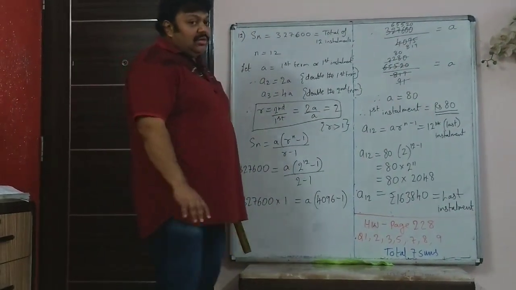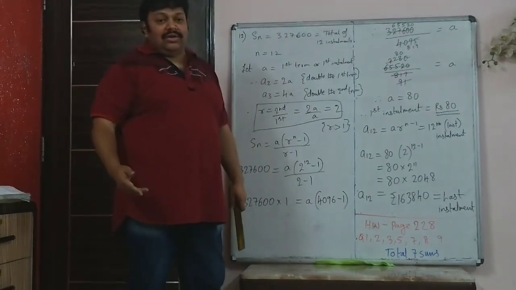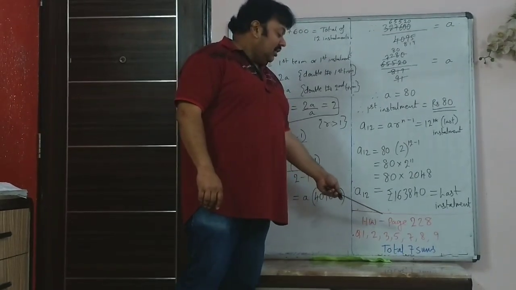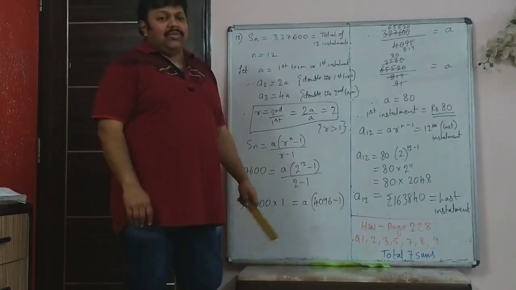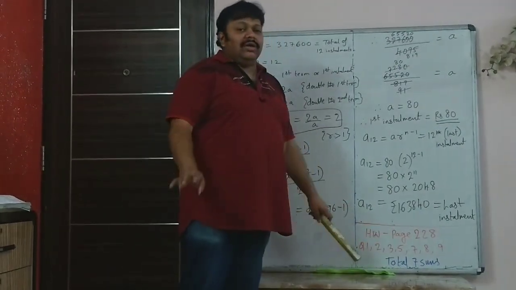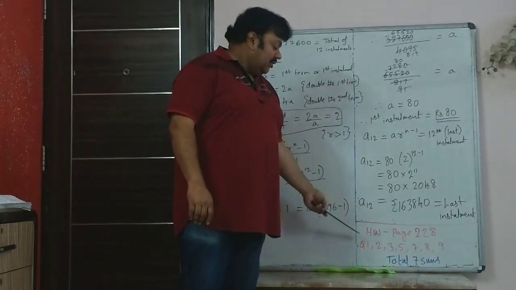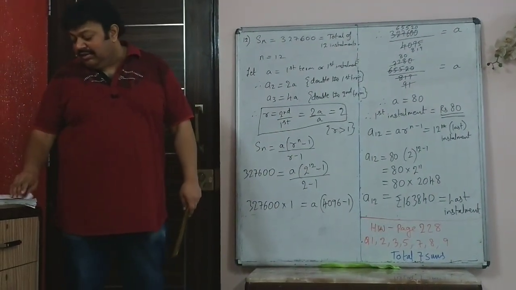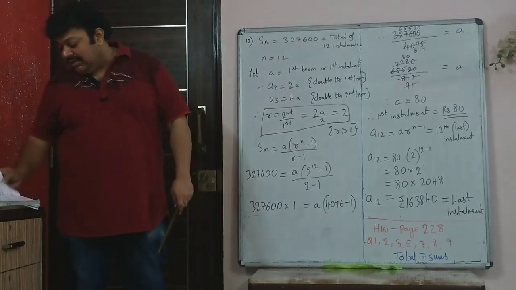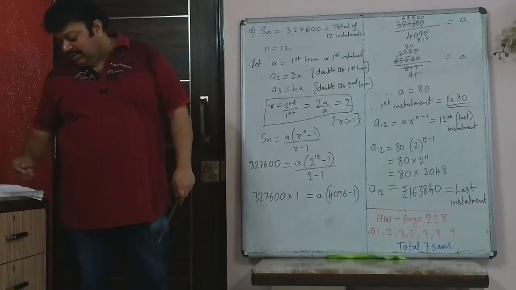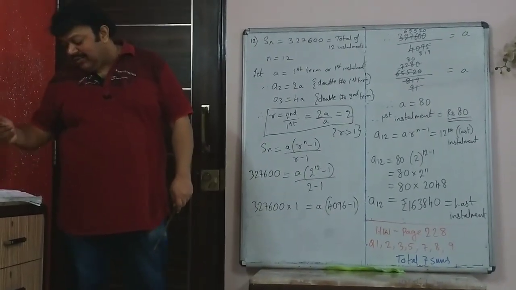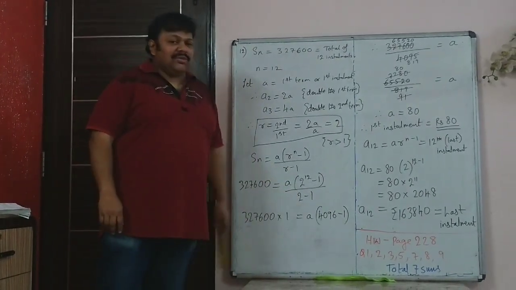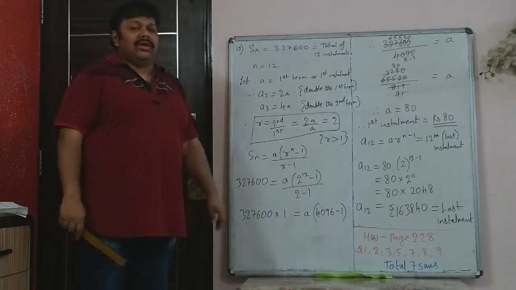Now in GP homework, in the second exercise, first exercise you had done. So in the second exercise, you just have to do questions 1, 2, 3, 5, 7, 8 and 9. The rest you can omit because these sorts of sums are only asked in the boards. So you can confidently do just these 7 sums in the second exercise. And besides that, the first exercise we had done till question number 8. So you can do 10, 11 and 12 from the first exercise. So that also you can do, but you do these 7 sums, that is more than enough. That takes care of the other sums also.